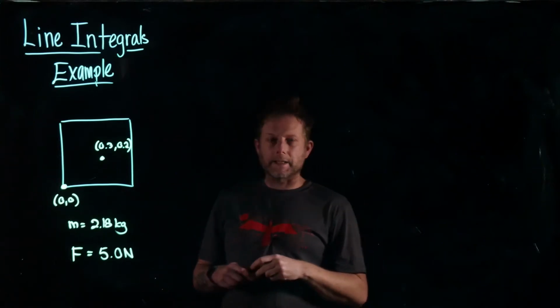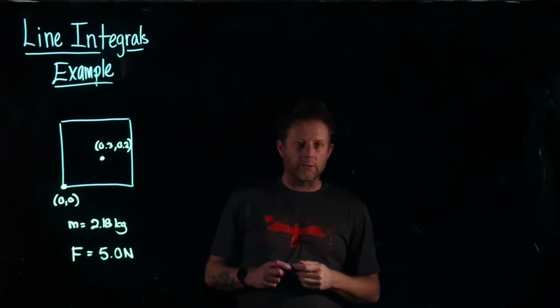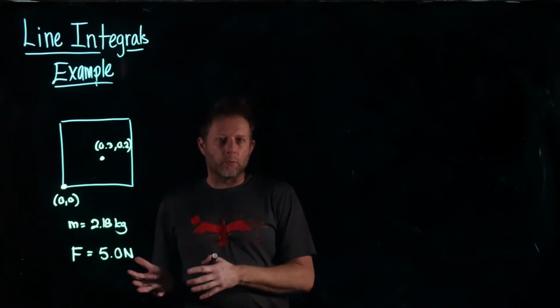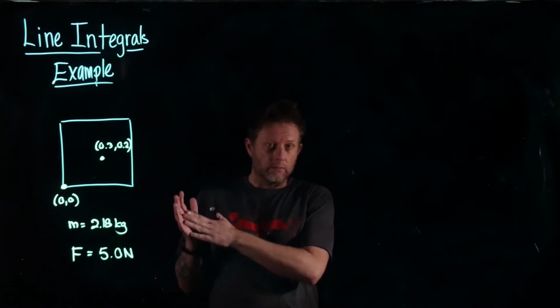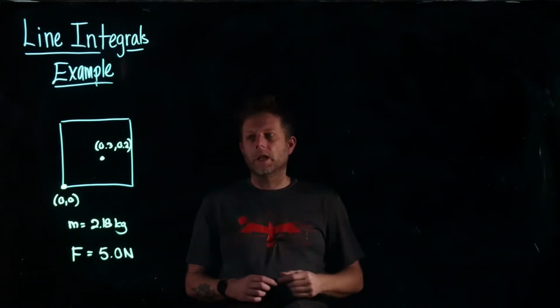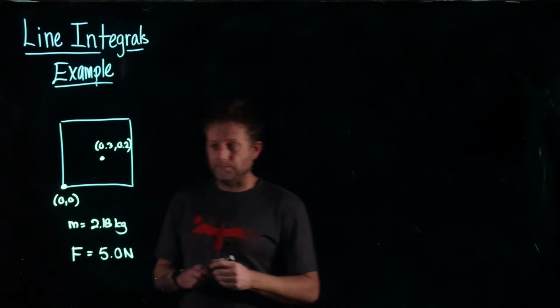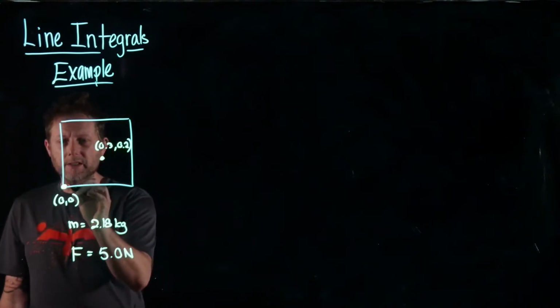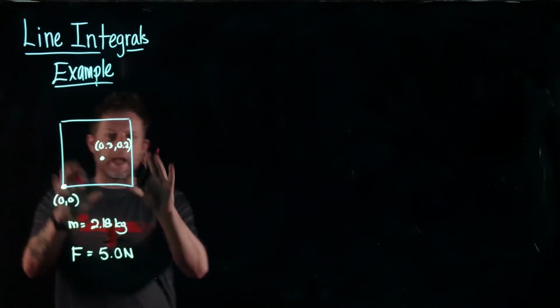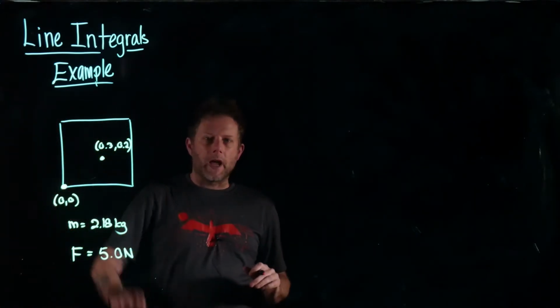We have a simple example here to illustrate how we can use a line integral. This differs from physics 1, where we only move things in one direction, a straight line. Now we're going to move it in straight lines, but in different directions. So we're going to start with this being a tabletop, and this little dot we have here is your